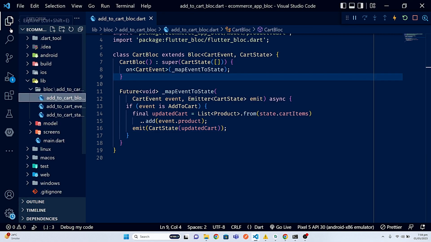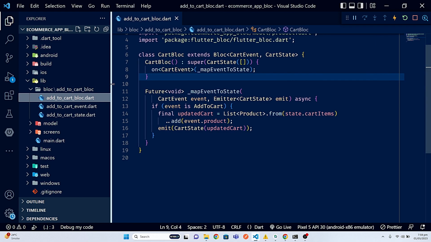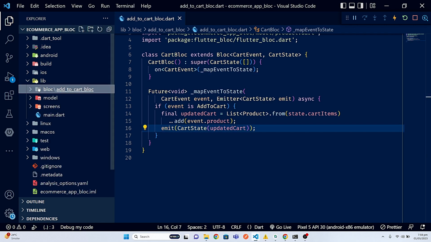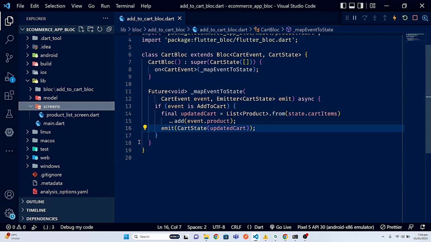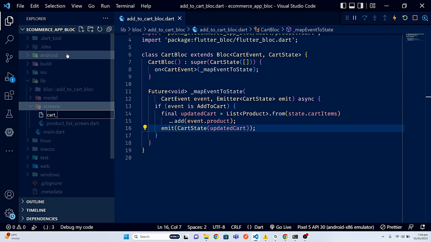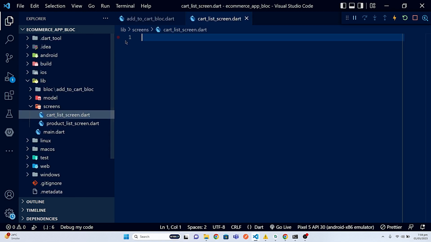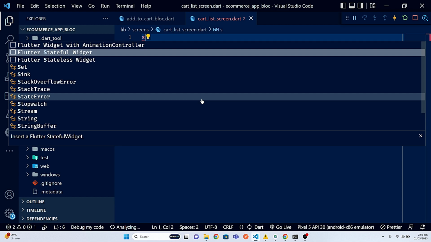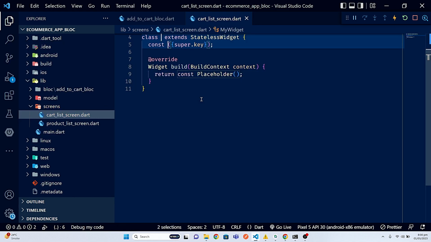So let's go right inside the directory here, and inside the screens, I'm going to create another screen with the name cart_list_screen.dart, and that's the file where we are going to show all the cart listing. So let's create a stateless widget. Just simply press S here, and that's going to show you either you're going to create the stateful or the stateless. So I'm going to create a stateless widget,